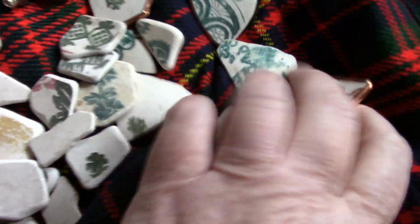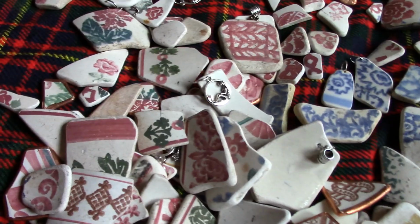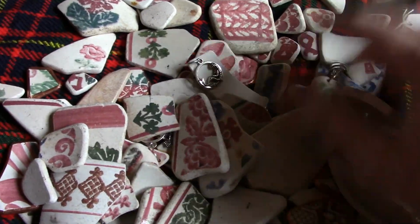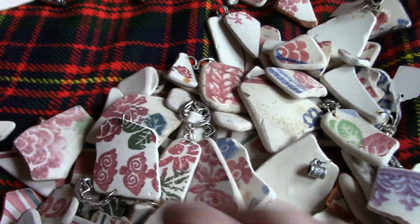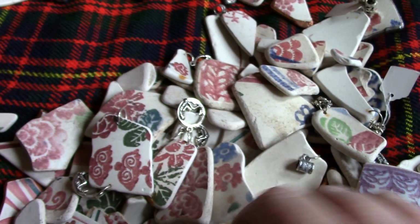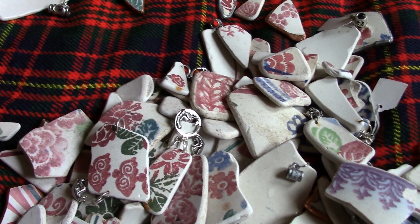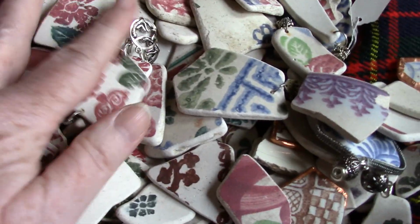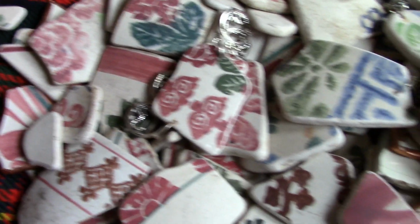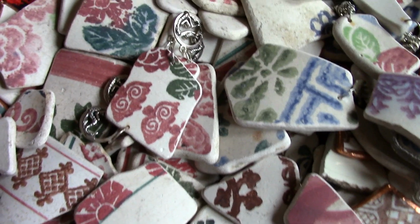There you go. And see, this is the way you'd find them on the beach. All of these gorgeous pieces, it all fit in to a very small suitcase. So here we go. Mudlarking, muddy waters in Scotland,